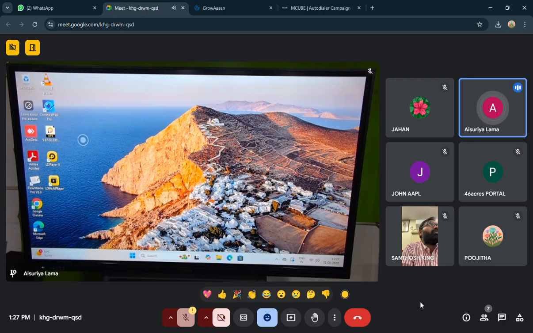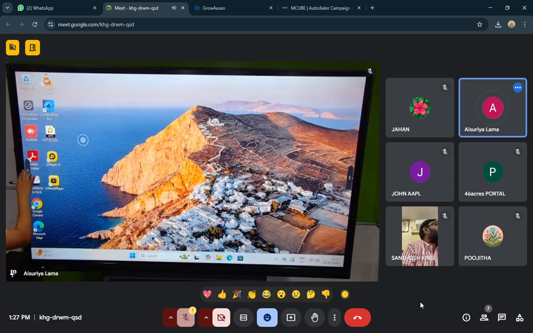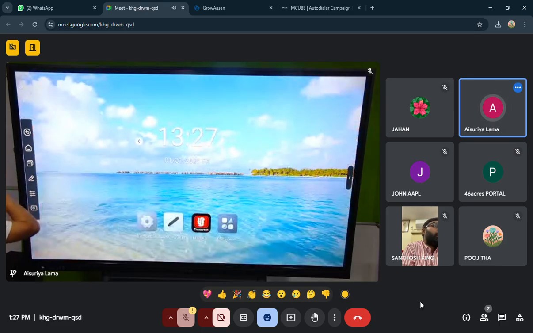Also, one of the specialities is that even if you are in Windows, on this window page, you'll still be able to use all these applications like annotation and home screen. If I click annotation, my Windows screen will also get frozen and then I can annotate on it as well. So this option is provided here. I can come back to my Android version by just clicking this home page. Now I'm back to my Android version. So it's that easy to operate.